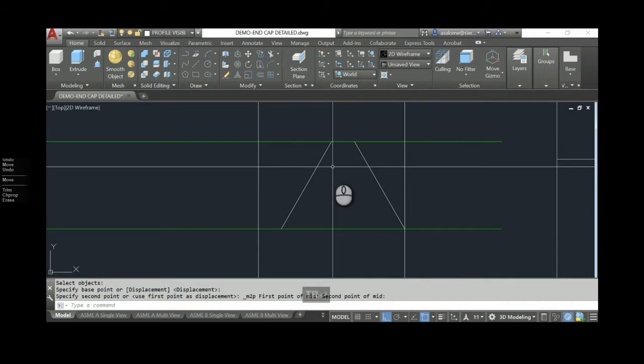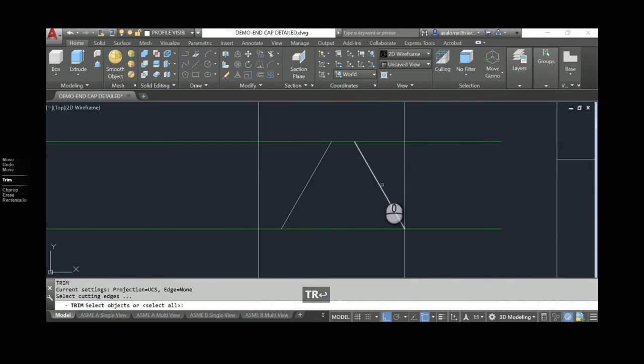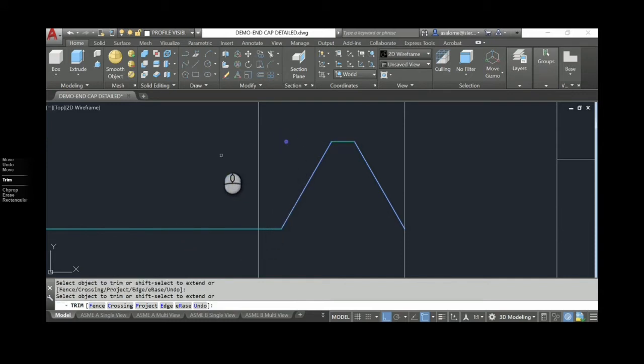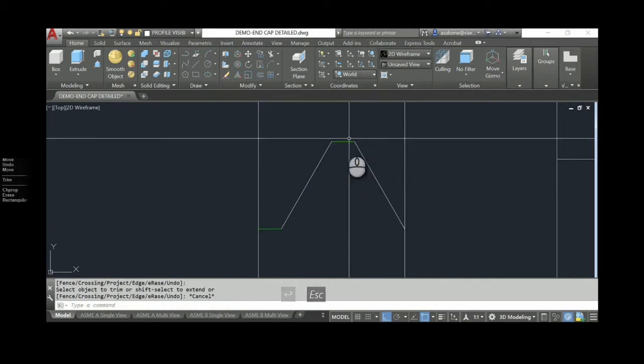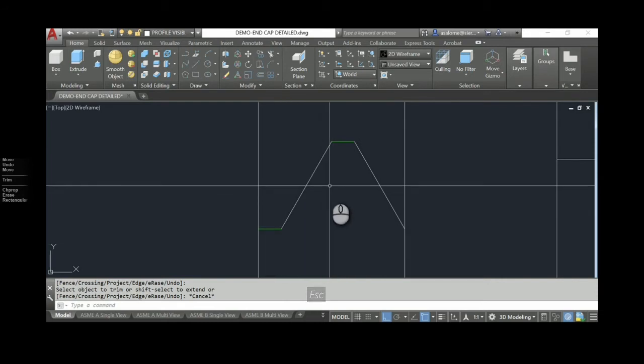Okay, we're going to trim that now. And I'm going to trim to the 2 white lines and the 2 green lines. And what I want to trim this down to is the point where it has the 4 lines that we drew. I'm also going to trim to there. So there are the 4 lines, 1, 2, 3, 4, that we drew in red on our planning sheet.